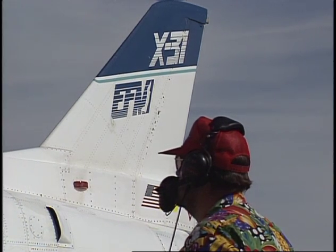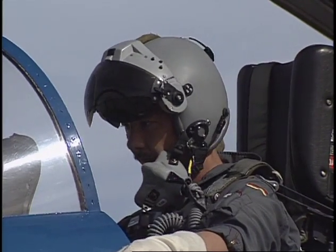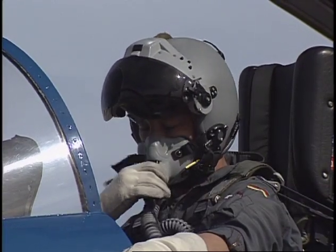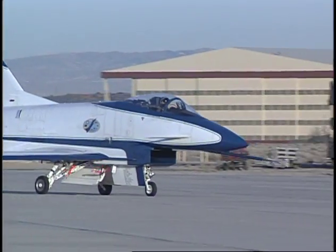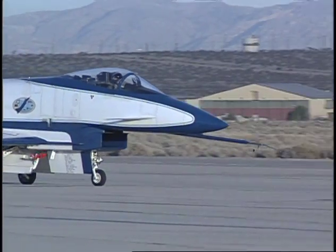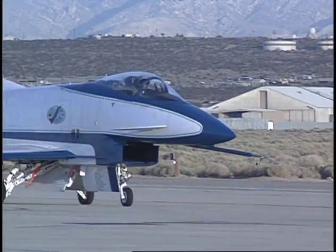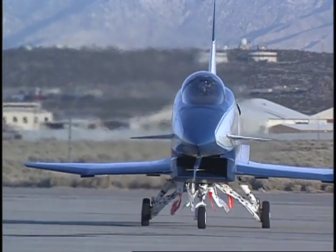And yet, the X-31 program did not end with that crash. The next chapter of its story is an equally important reminder of why flight test remains such a valuable step in proving a concept or technology, despite the hazards that come with the territory. The X-31 had been scheduled to fly at the Paris Air Show in June of 1995. But after the loss of one of the two X-31 ships less than 6 months before the show, it seemed